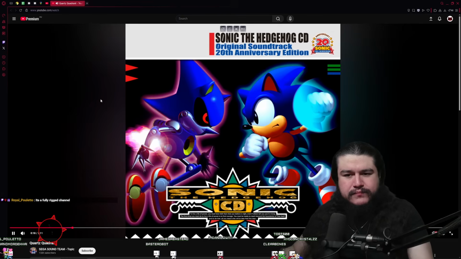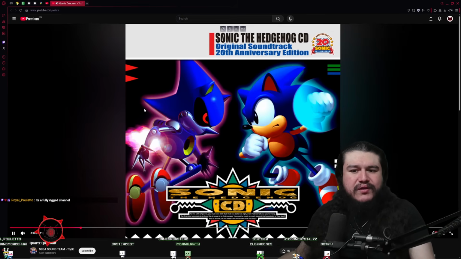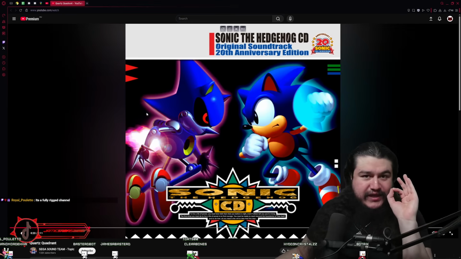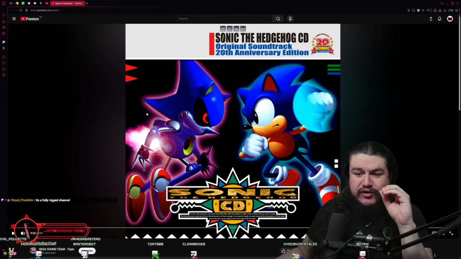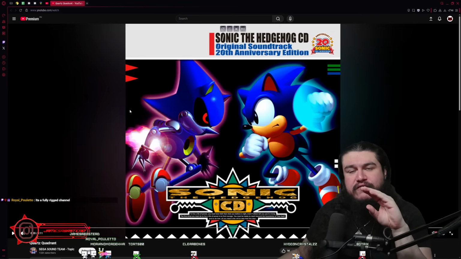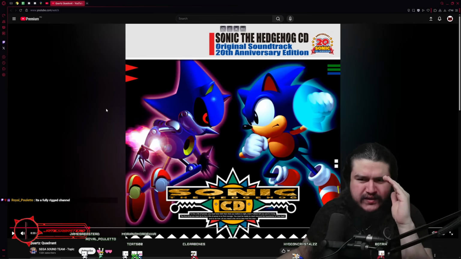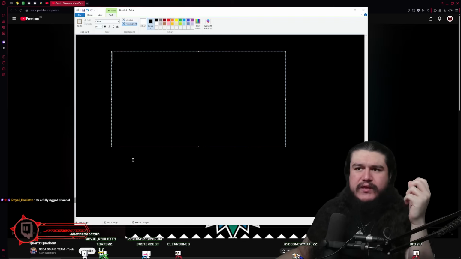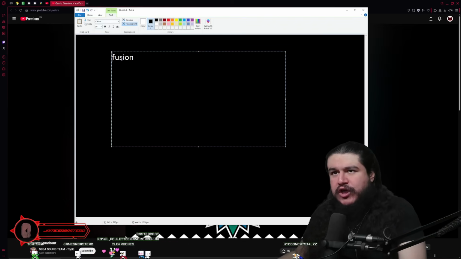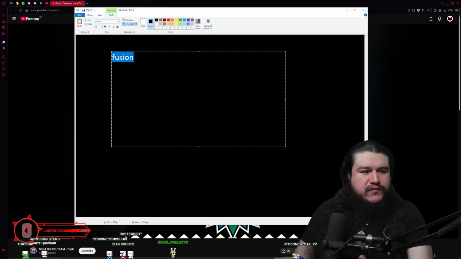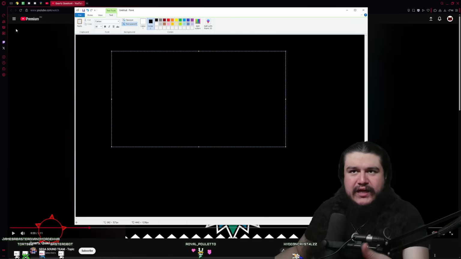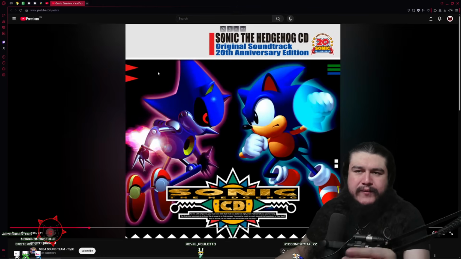Drum fill. And there we go. We get a piano giving us our initial motif, an actual melodic motif. We switch from funk to now more rock. I would say this genre then would be funk fusion, or just fusion when it comes to the genre. Fusion, of course, is the fusion of several genres, where you get that middle ground swapping between genres halfway. In this case, we're going from funk to rock.